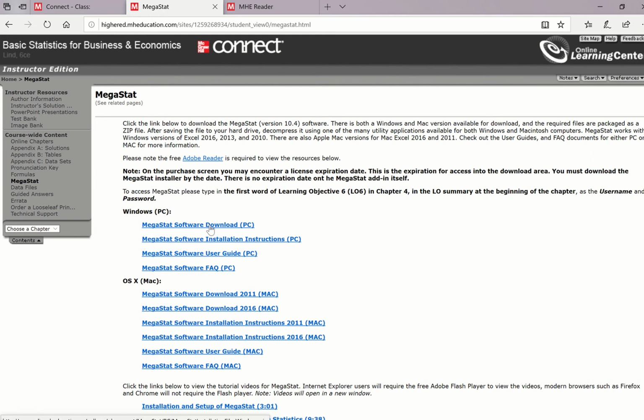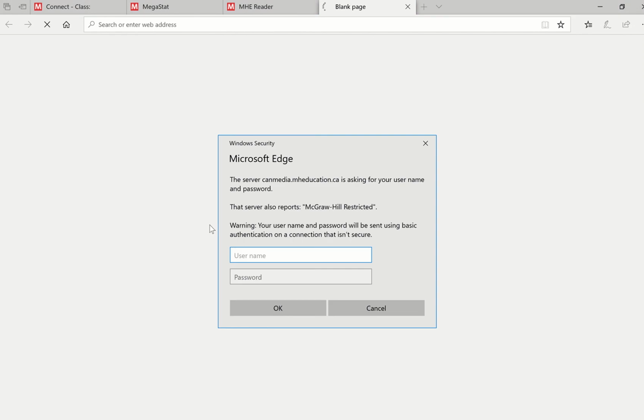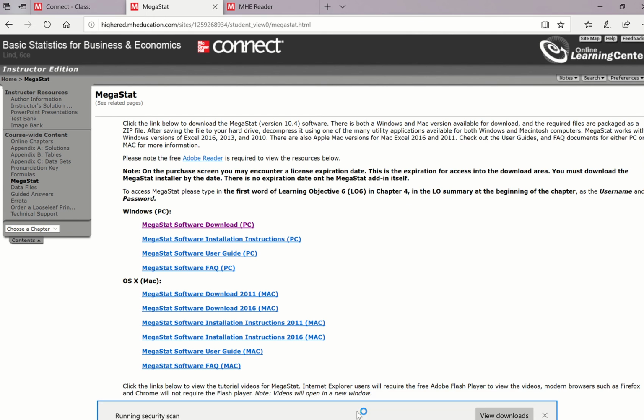So the first link, I'm using Windows, so I'm going to go with the Windows link. Click on it and then type the first word of learning objective 6 as the username and as the password, and click OK. There you go. So it's that simple. Once you click on it, you will see down here it's asking what you want to do with it. I'm just going to open it,